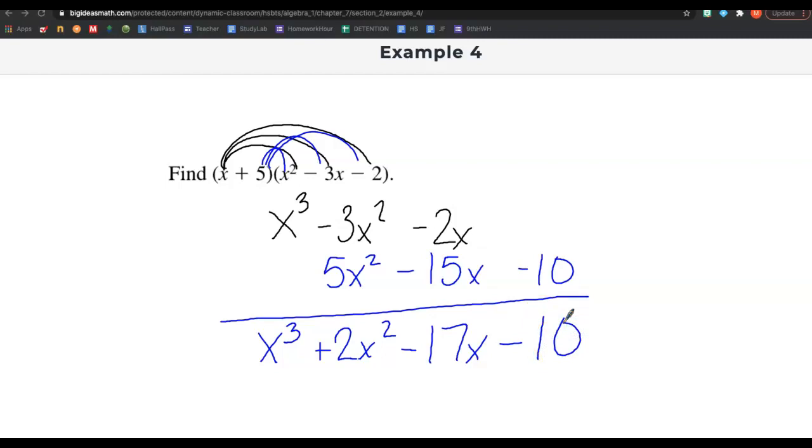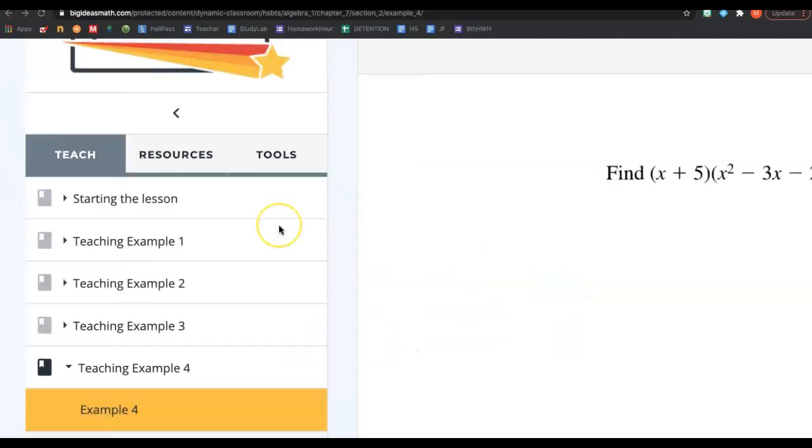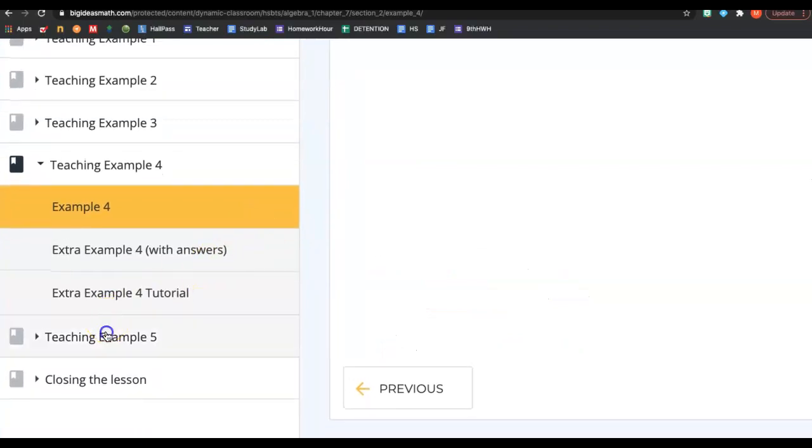Dylan? Yes. Questions? You have to show the little rainbow thing? Yeah, that's basically it. And then this is all the work I would expect. Questions? You don't have to, but it helps to make sure, especially when we get a binomial times a trinomial. It'll help. Okay? Other questions? Nope. Okay. So then, the last example that I have,